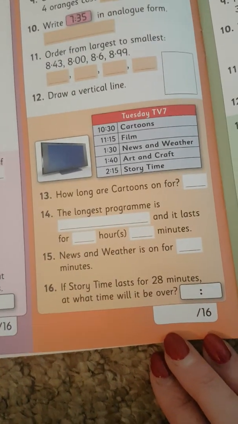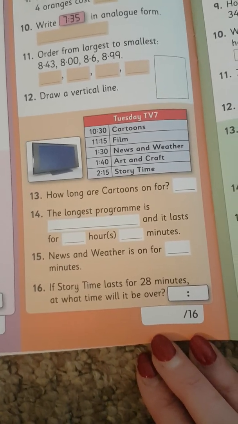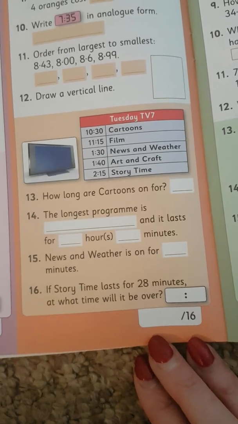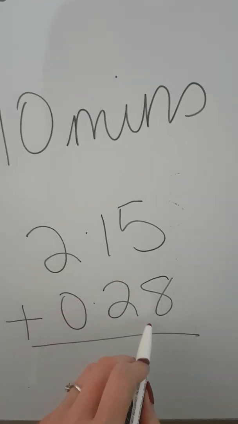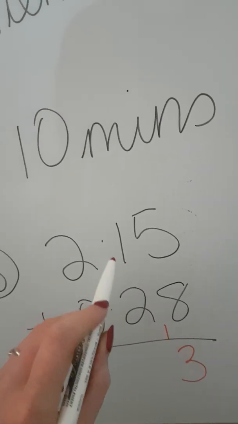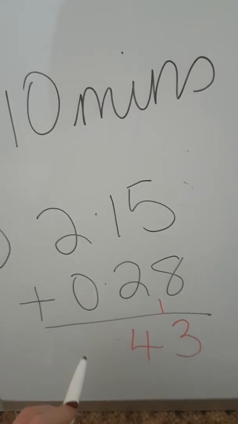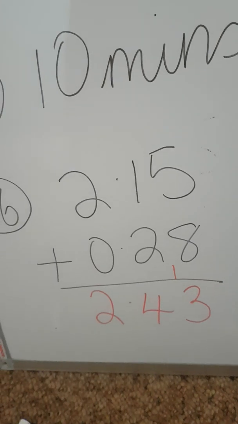Question 16 then, if story time lasts for 28 minutes, at what time will it be over? So story time starts at 2:15 and it lasts 28 minutes. So what I would do there is I would just do a quick adding sum to work that one out. So 2:15 and add on your 28 minutes. So 5 and 8 is 13, and then 1 and 2 is 3 plus 1 is 4, and then 2 and nothing, I just put in 0 there because there was no hours, is 2, so it should be over